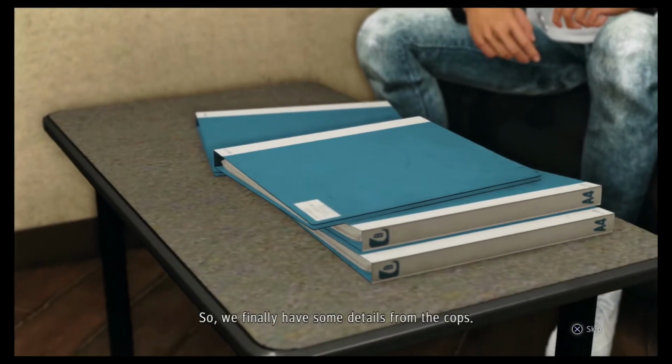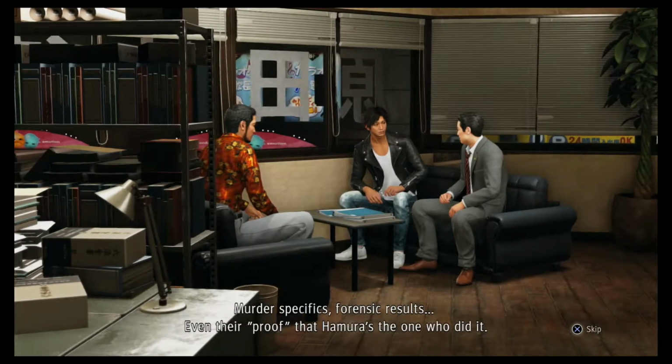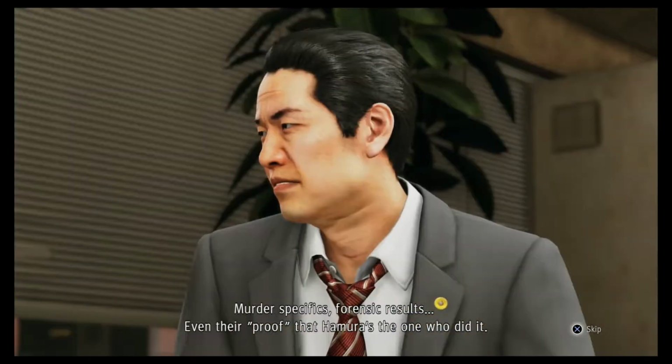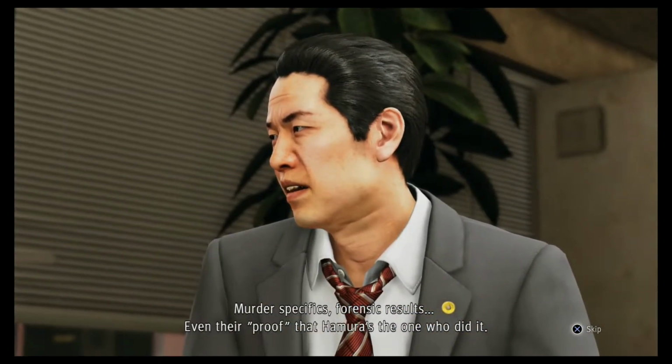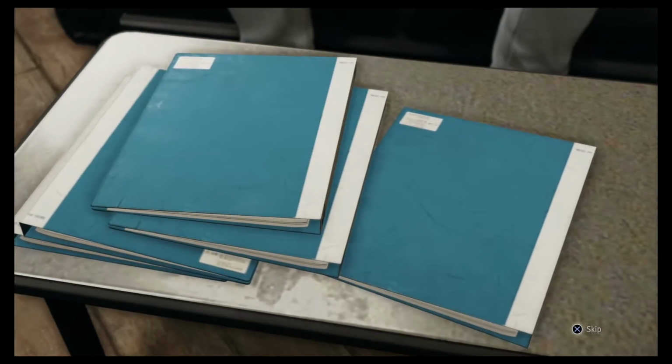So, we finally have some details from the cops. Murder specifics, forensic results, even their proof that Hamura's the one who did it. That's a lot. Let's see it. But first...